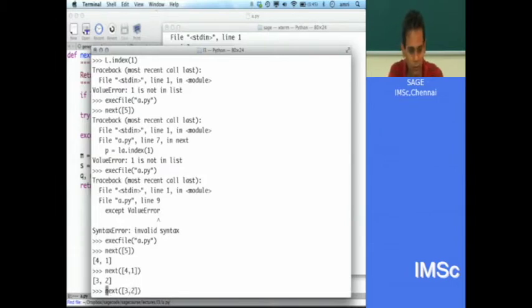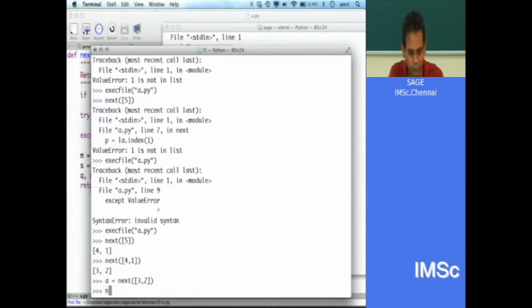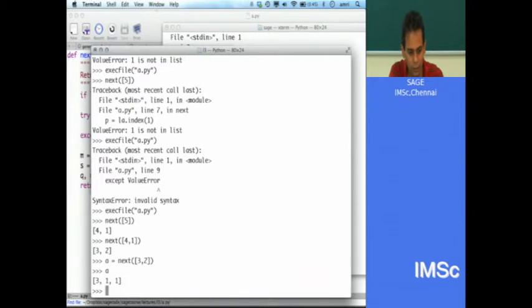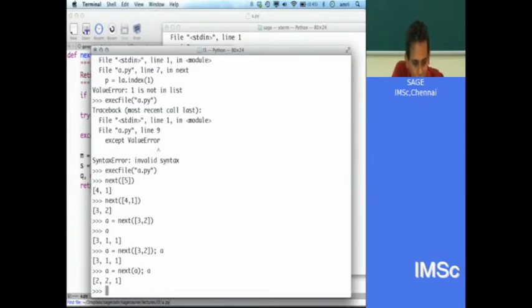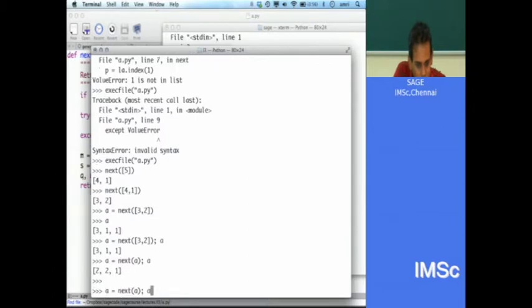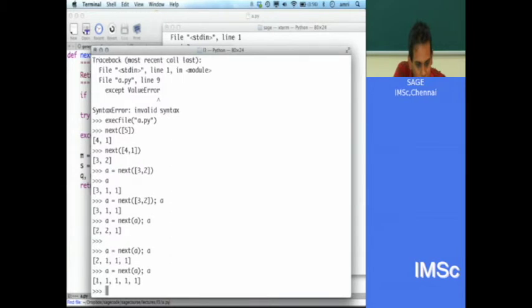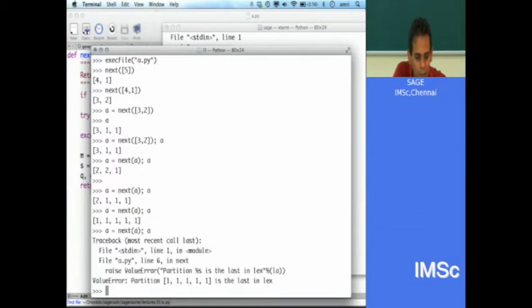So maybe I could just do, oh yeah, 3 1 1, still good. Oh, okay. So now I should do next of A. 3 1 1, after that 2 2 1, after that 2 1 1 1, after that 1 1 1 1, value error. Okay, great.